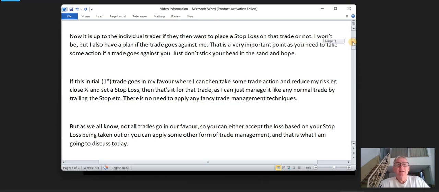All right, so you've always got to have a plan if things go wrong. Generally, when you take these trades, probably about 50% of them will go in the right direction initially. And it's the other 50%,